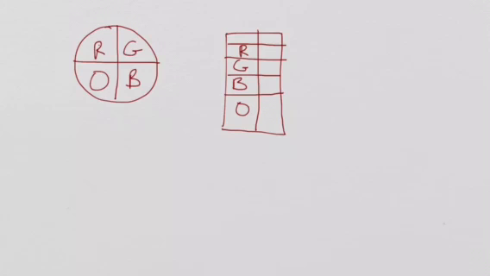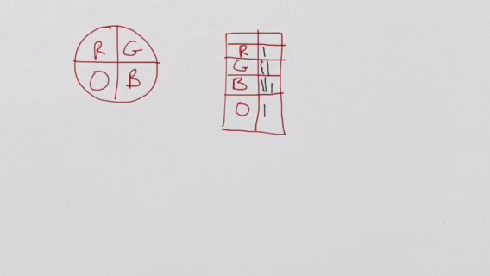So for example, let's say we had a spinner with red, green, blue, and orange places on it. What you would do is you would spin the spinner and then you would record. You could simply do it by making tally marks for the ones that you get. And say we had blue come up 3, green came up a couple of times, red came up once, and